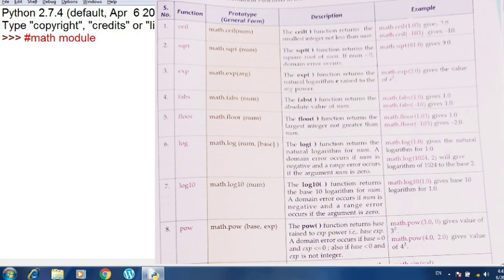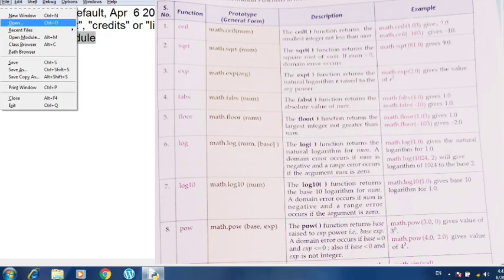Now let me give you an example by showing you a program in which we will be using the math module functions. I'm opening the script mode of Python. Now I will ask the user to enter any number. Suppose I am taking the variable num, and I am asking the user to enter any number. This is the input line.